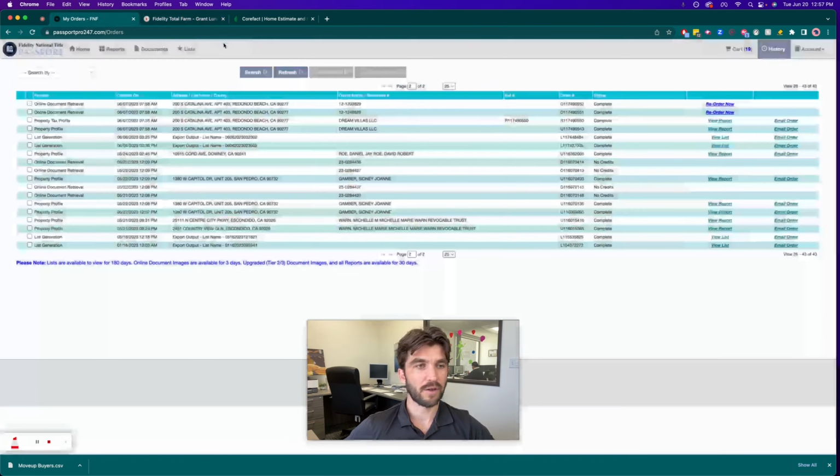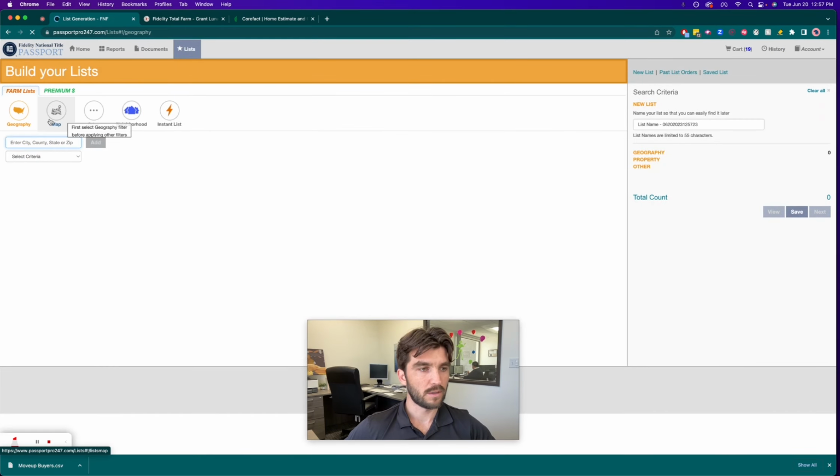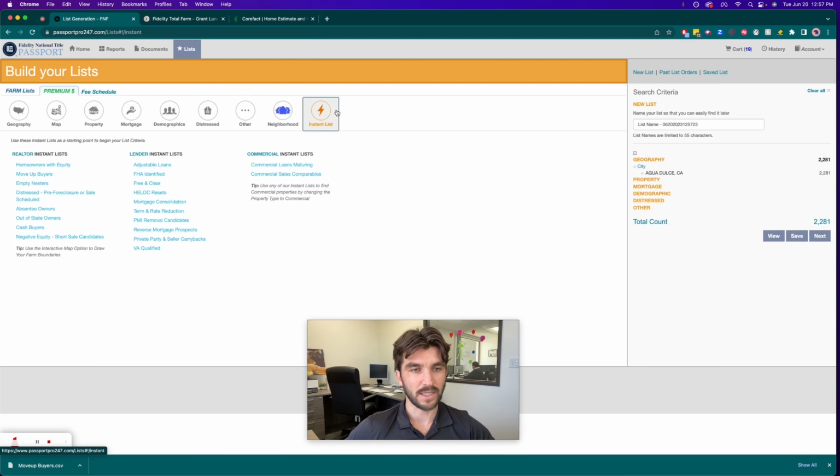Besides that, they have other options besides just move up buyers. Let's say you're a lender, they have a lot of options for you as well. So I can come into here, city, let's just choose a random one, and then go to premium. You have to select that first to get these instant lists. And I can choose people that have adjustable loans, that are FHA, that are free and clear, basically that need